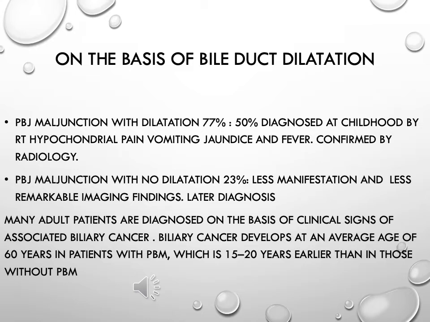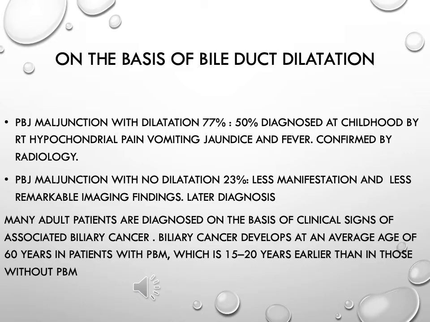Those with dilatation constitute 77%, and 50% of them are diagnosed in childhood by right hypochondrial pain, repeated attacks of jaundice, vomiting and fever. This can be easily confirmed by radiology. As an example, ultrasound will show cystic dilatation of the CBD, while on the other hand, pancreaticobiliary malfunction with no dilatation, the other